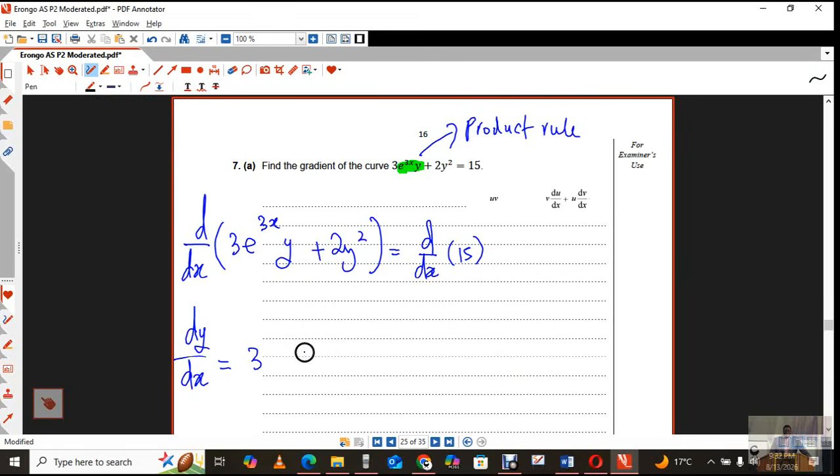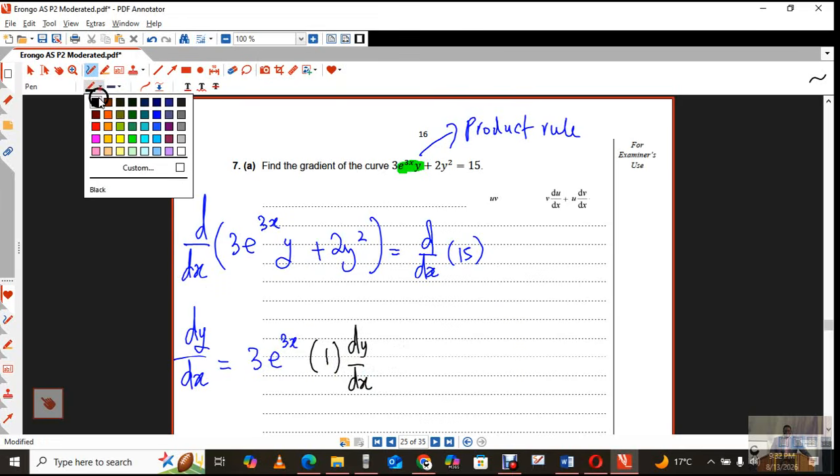When you differentiate the second one, the first one is obviously 3e to the 3x, that's the first one. Then you're going to differentiate the second one, the y. The derivative of y is just 1, but please slap on dy dx there because it's differentiating with respect to y there. Then plus,